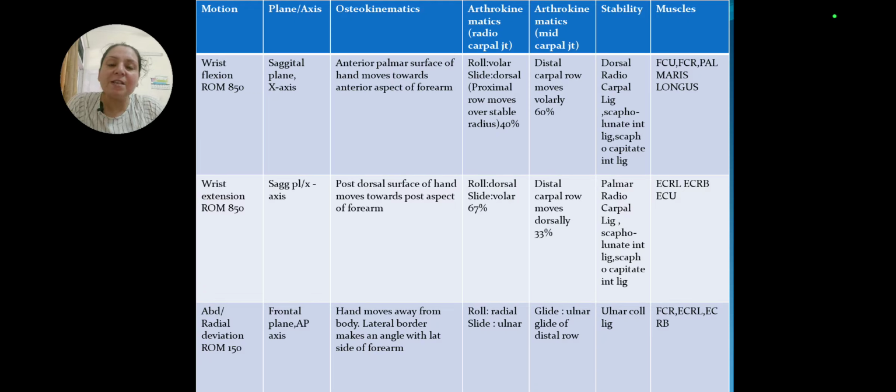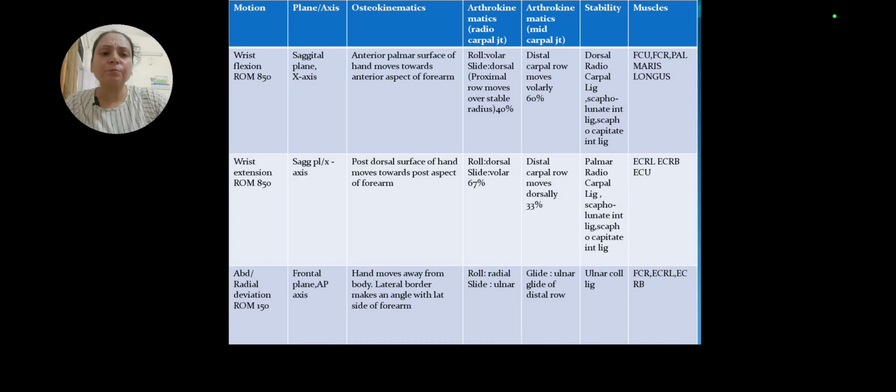So the rolling is taking place radially, whereas gliding is taking place ulnarly on the radiocarpal joint, and the same movement, that is ulnar side glide of the distal row, is taking place at the mid-carpal joint. It has been supported by the ulnar collateral ligament, and the muscles are flexor carpi radialis, extensor carpi radialis longus, and extensor carpi radialis brevis. Fine. Ulnar deviation is the movement in which the medial side of the hand and the medial side of the forearm make an angle, and that angle is more,